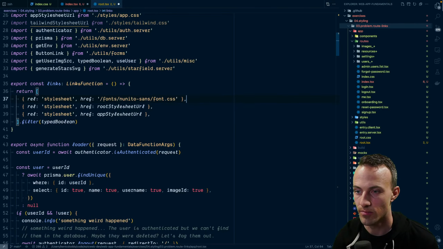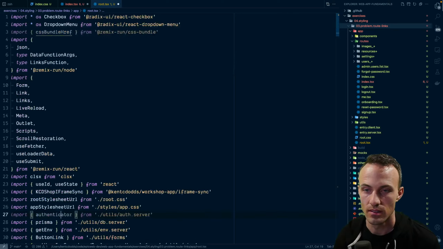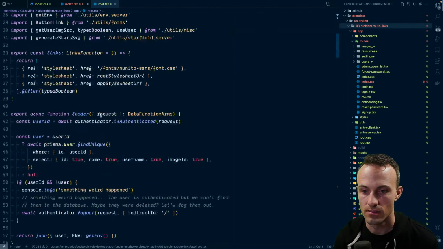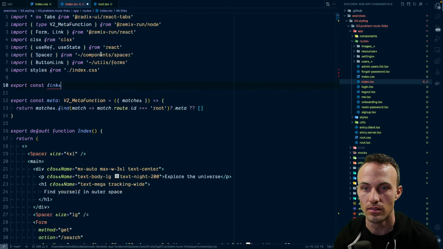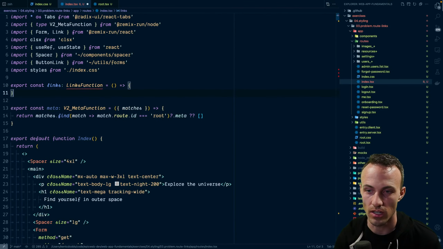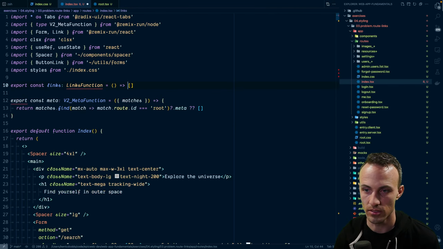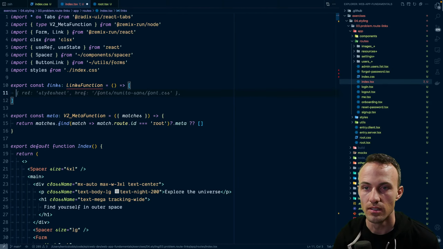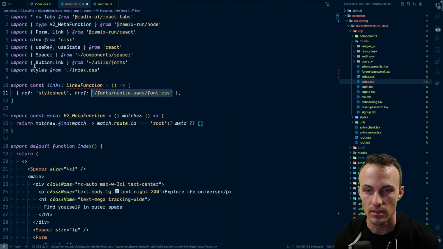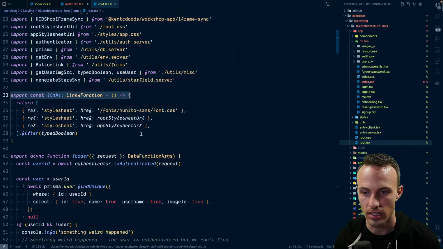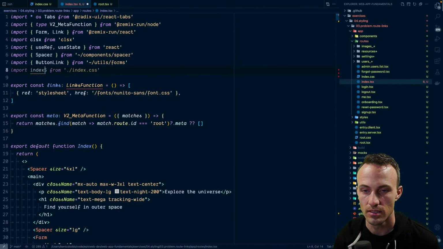And yeah, and that's it. Okay. Man, this links function thing is so awesome. Here, heck, we'll just do this. Index, we call it like style sheet URL.